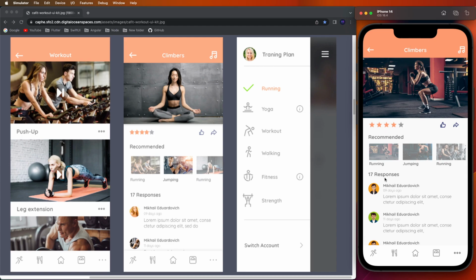Here the user response is given, with likes, comments, and views, and the recommended exercises are listed. The exercise ratings are given here, like and share are available, and music buttons are available. Now today we need to develop this training plan UI. We need to develop it inside this,